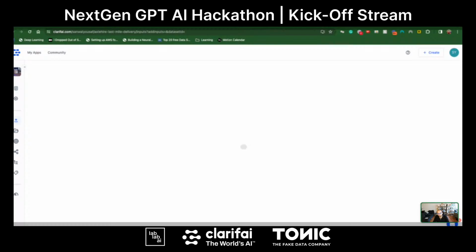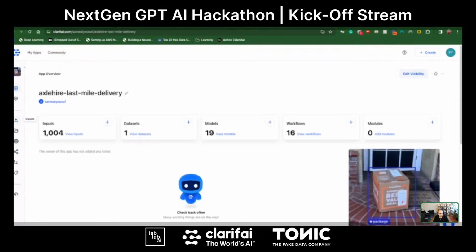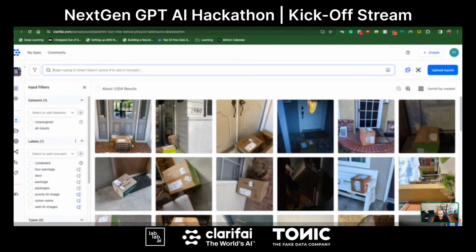They were trying to do a few things. They wanted to detect within the images that they had if there was a package or a box or something like that in that image. And the use case here, I'm going to see if I can just reload this. There we go. So this was a last mile delivery optimization service where you might receive your Amazon or Walmart